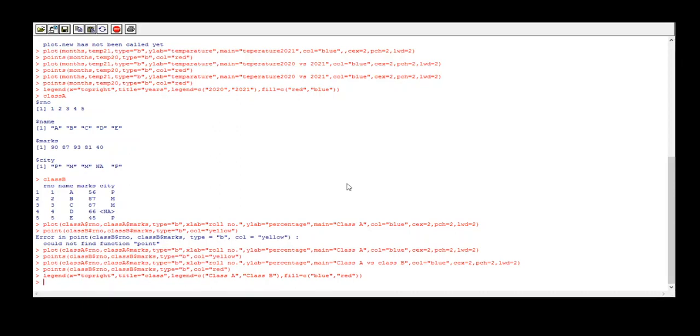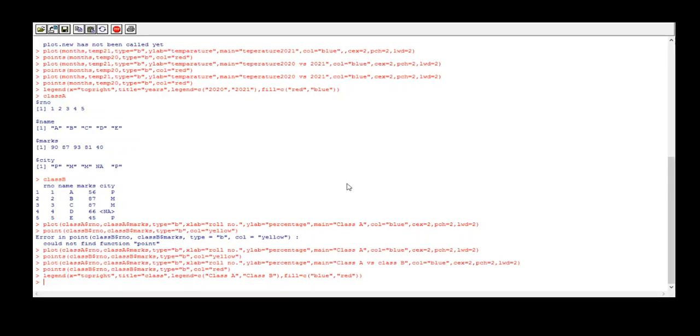Then we can use a data structure from the R environment, or we can import an external file into R, and after importing that file we can use data from that file to create a graph. We have already studied how to import CSV file, Excel file and text file. So you can import those files into R. After importing, you will get a data frame for that particular file, and then by using values from that data frame, you can plot a graph for that imported file also.